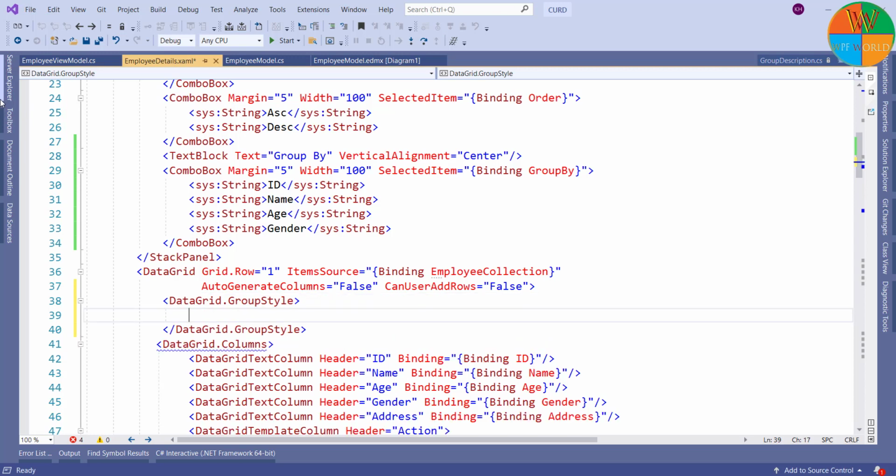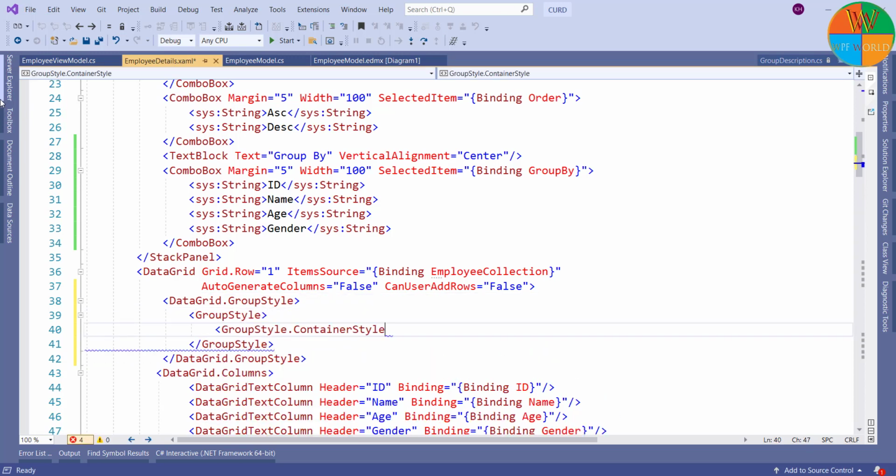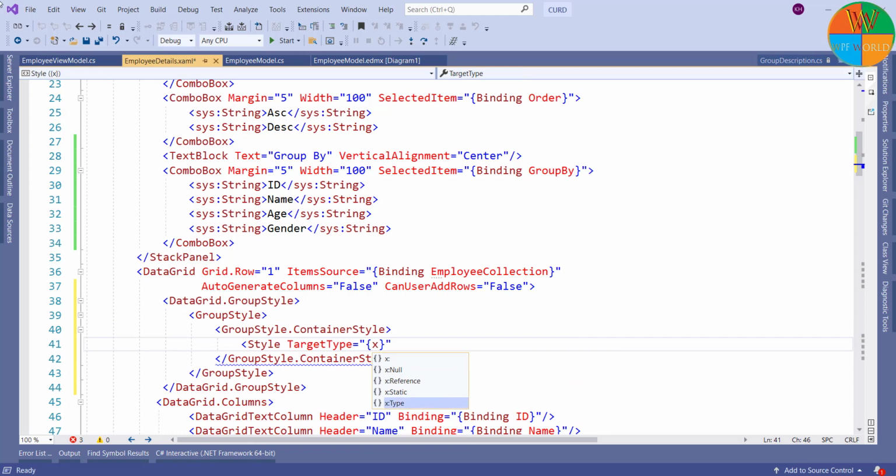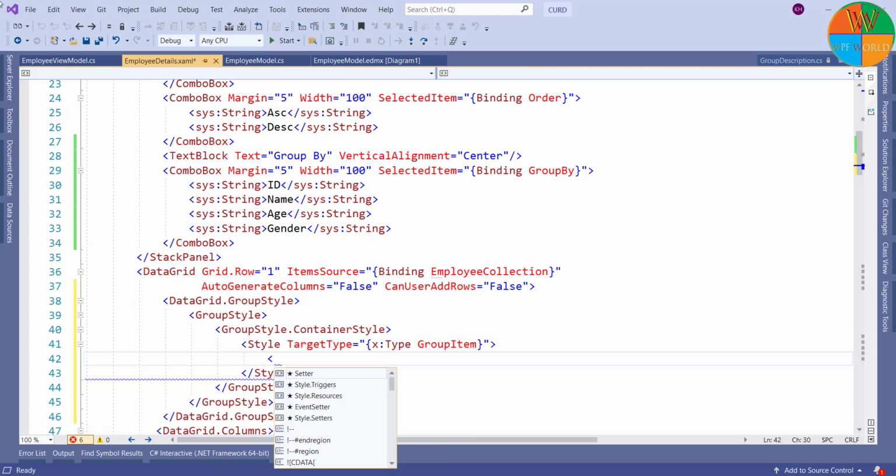To change the style of grouping, we need to add the GroupStyle. To add the custom style, we need to change the template of the GroupStyle.